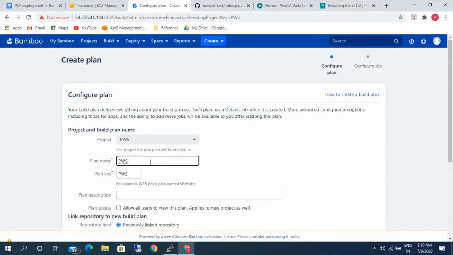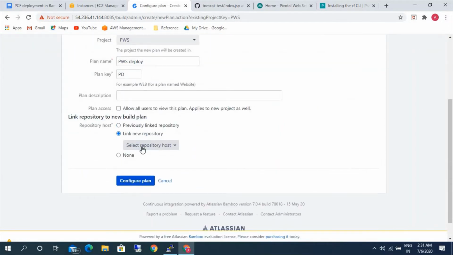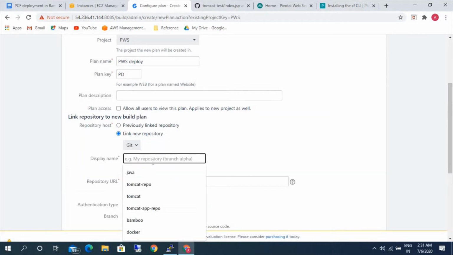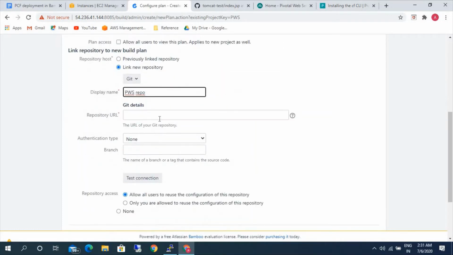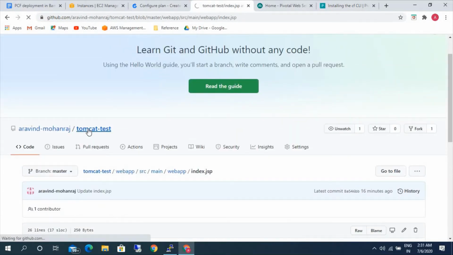PWS Pivotal Web Services deploy. We are linking our code in the Git. So let's give a unique name to this as PWS repo, for reference.